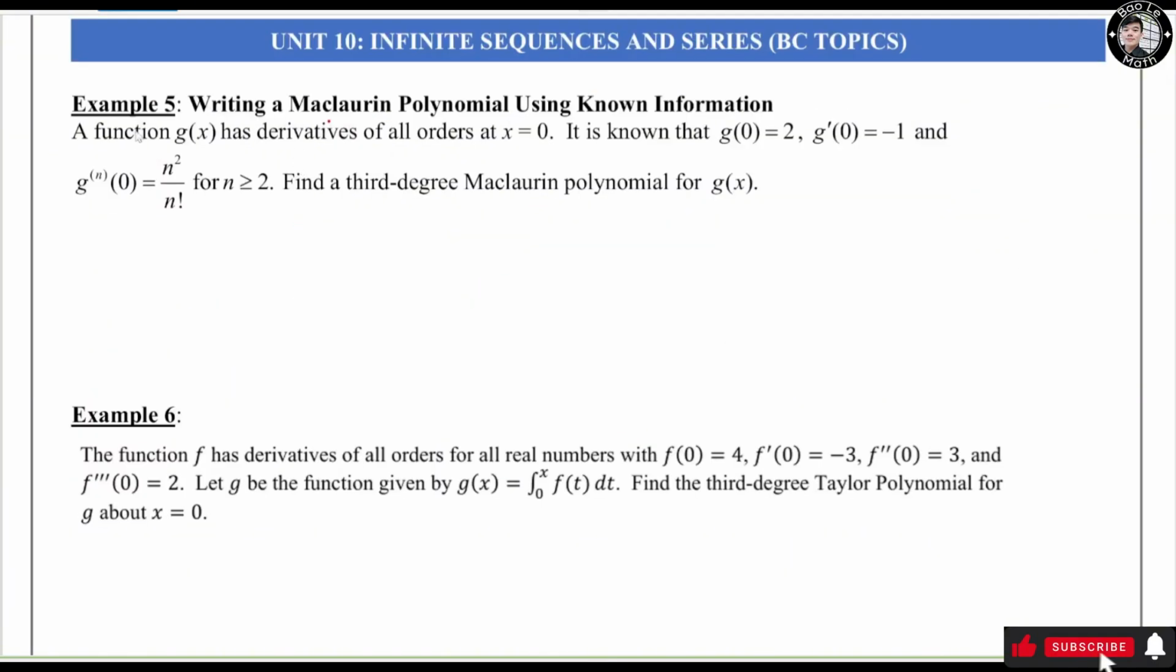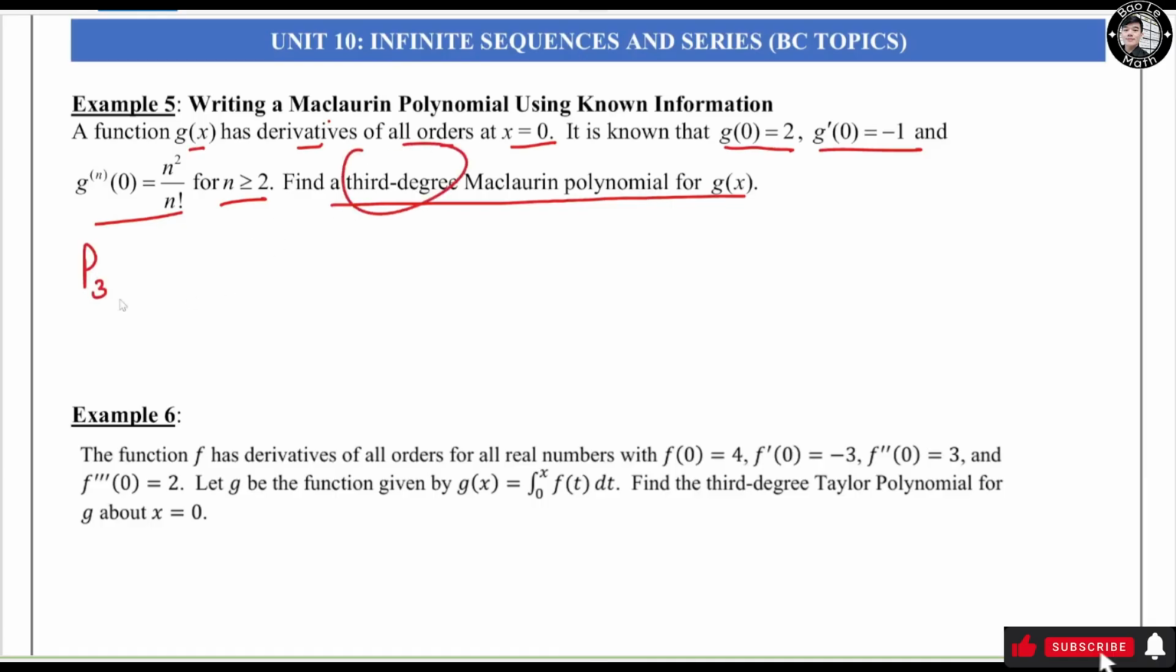Now example number 5. A function g of s has derivatives of all orders at s equals 0. It's known that g of 0 equals 2, g prime of 0 equals -1, and the general term is right here for n greater than or equal to 2. Find a third degree Maclaurin polynomial for the function g of s. This is very simple. So we have